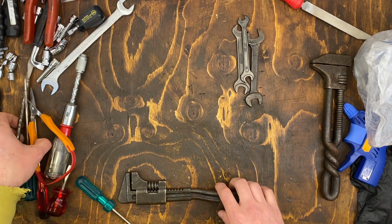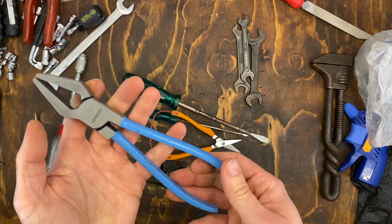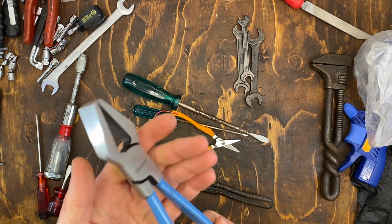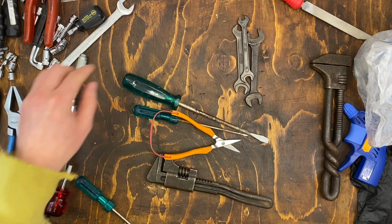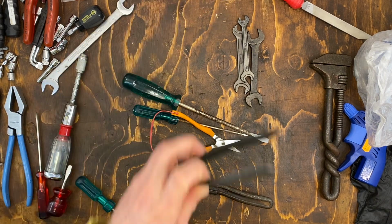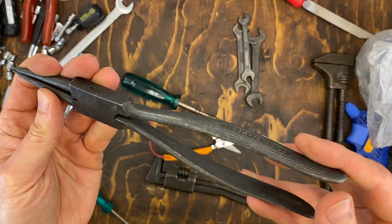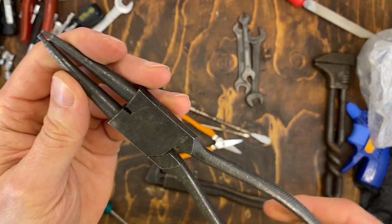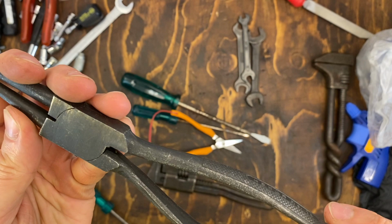And let's just get the final stuff out of the way, I guess. Glass pliers, no branding, just Germany on them. But nice to have a pair of glass pliers. I actually didn't have one, and these were way cheaper than buying a new pair. And also a size number J3, so internal spring clips